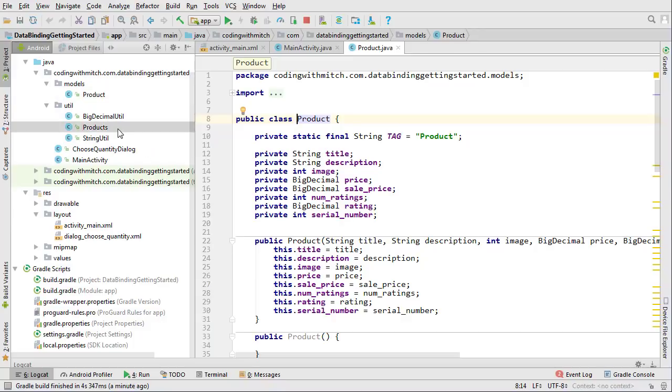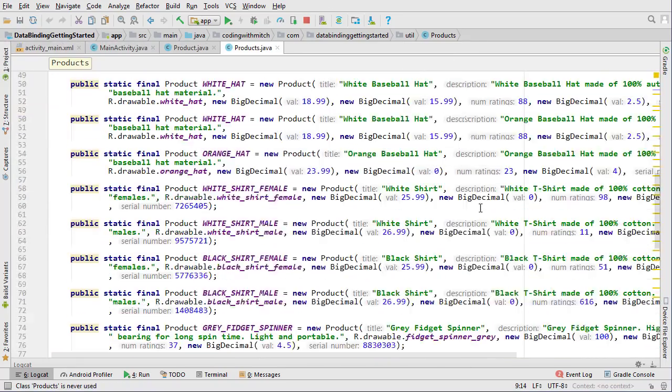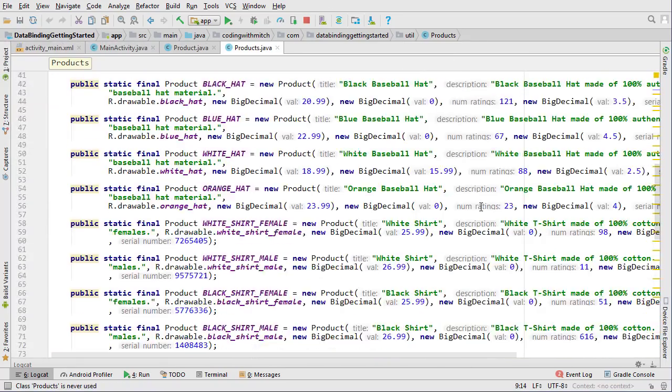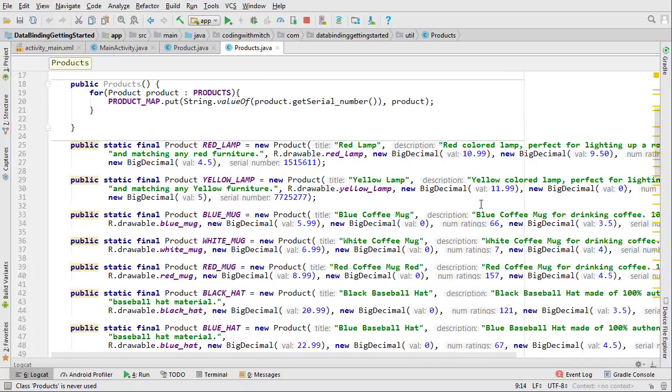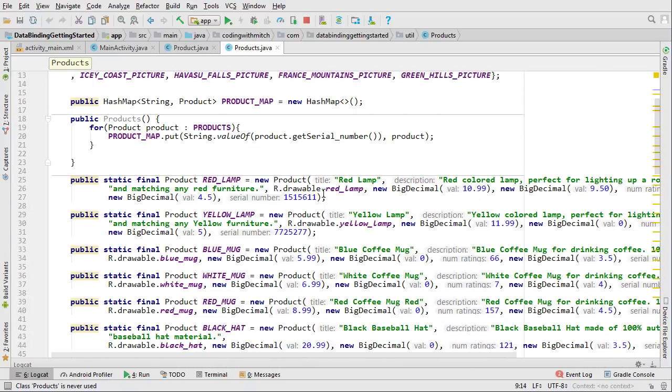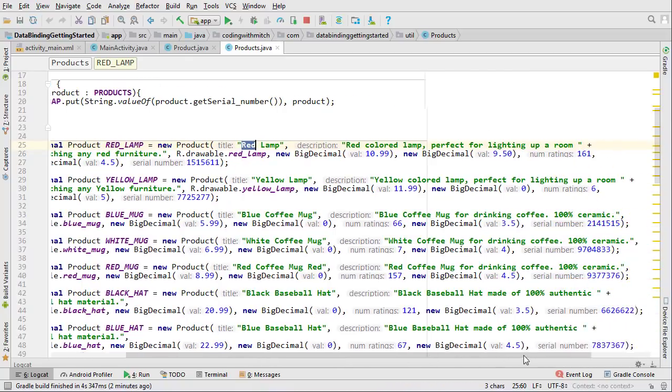And then I have a products class here with a whole bunch of products in it. They're just a bunch of stuff from my Pluralsight course. I have a data binding Pluralsight course, so I use the same products. This is just kind of a resource. So what does it mean to be a product? Well, here we have it declaring a new product. It gives it a title, gives it a description,